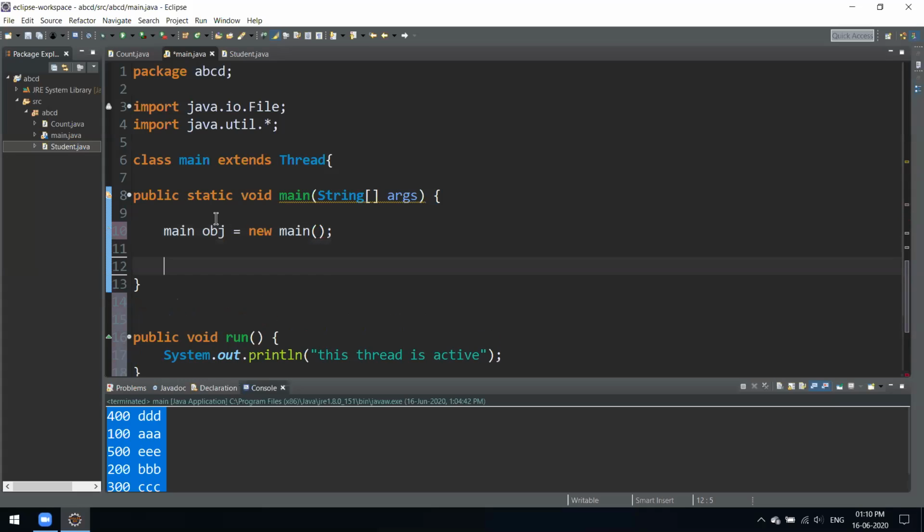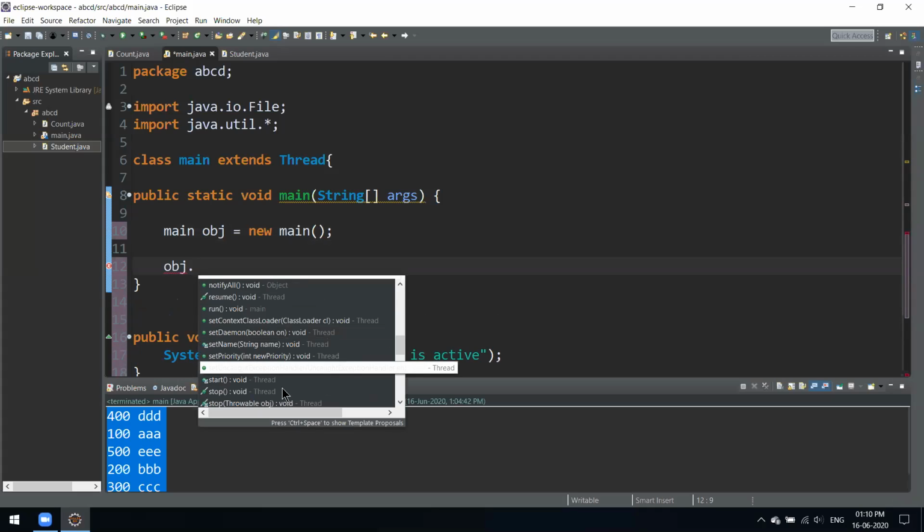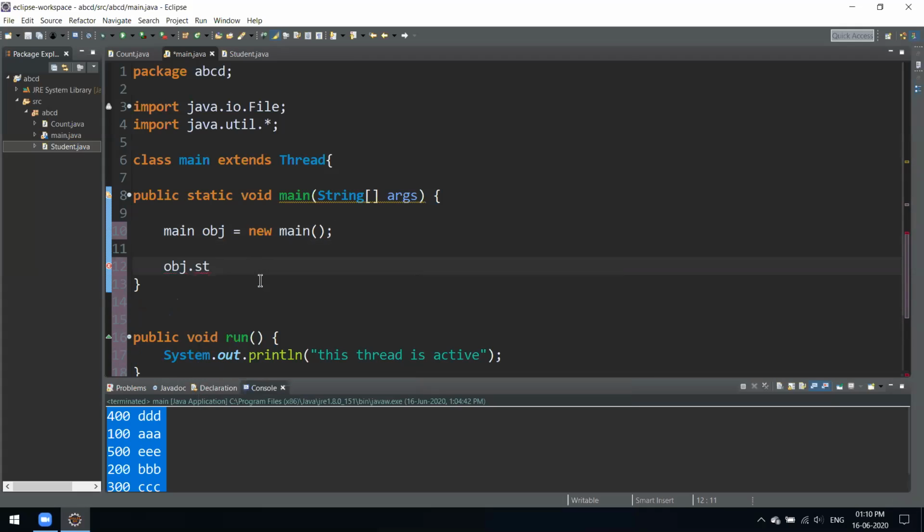Now we have its instance, and as you can see, if we just type obj dot, we get different kinds of methods. We can start our thread or stop our thread. What we want is to start the thread which is ready to run, so we'll use the start method.